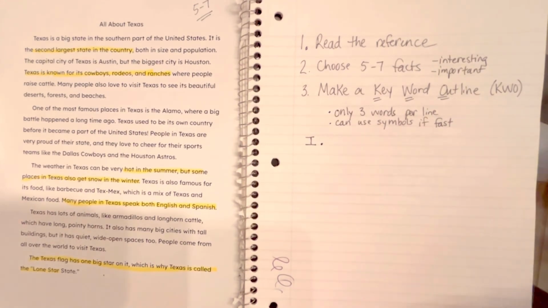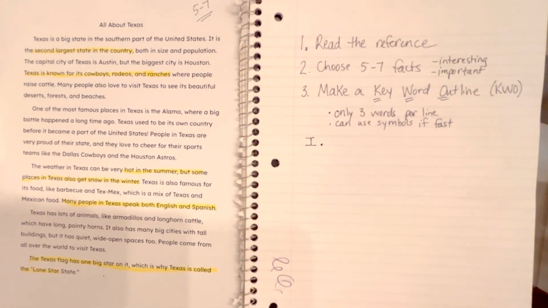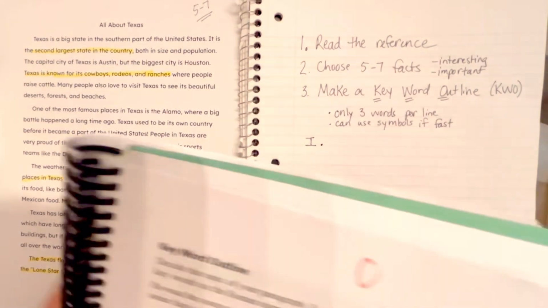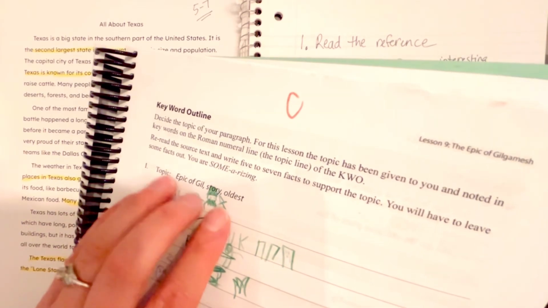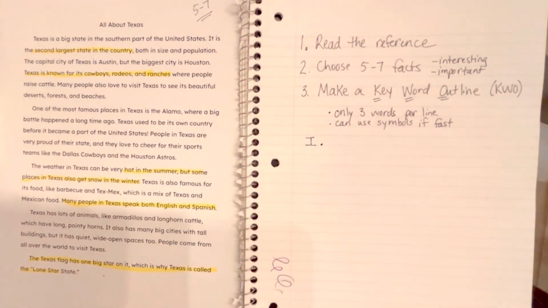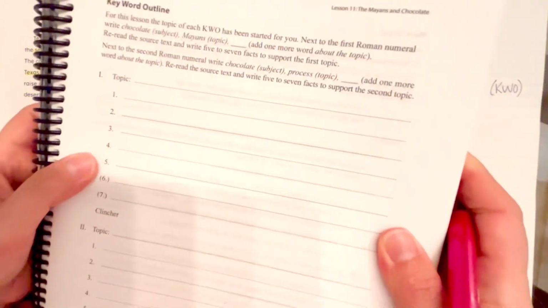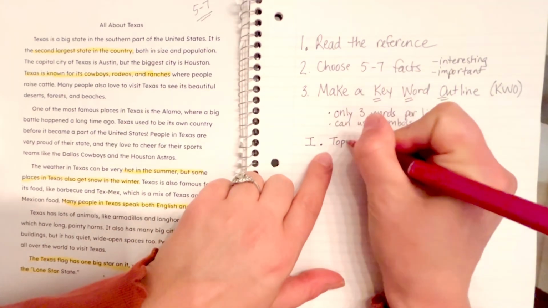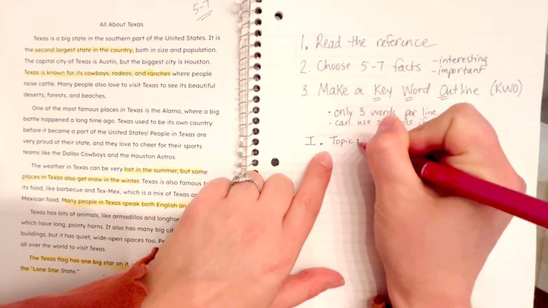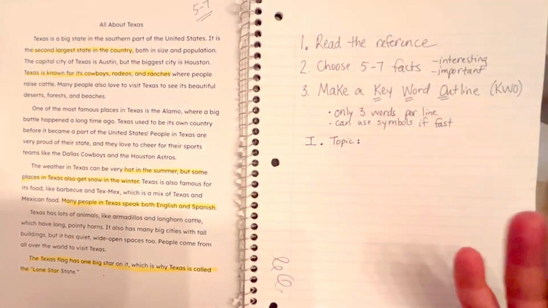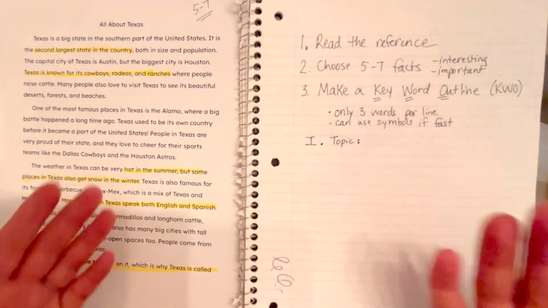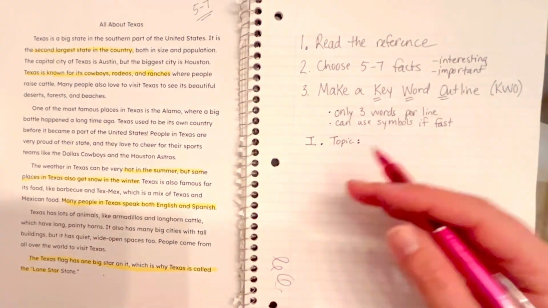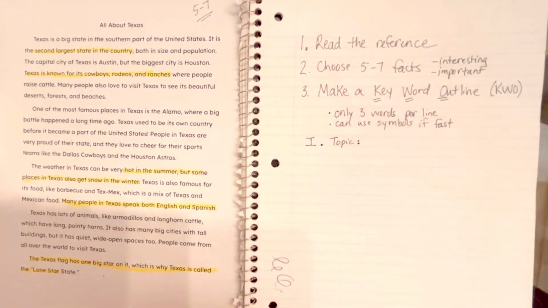And if you have your writing book, sometimes it's going to be filled in like this already. And sometimes it's going to be blank like this. So we're going to write the Roman numeral 1, and then we're going to write a topic. And what is the topic of this article? What is this about? Well, it's about Texas, but I kind of want to make notes to turn it into a statement. Like, what is the topic that I want to say?